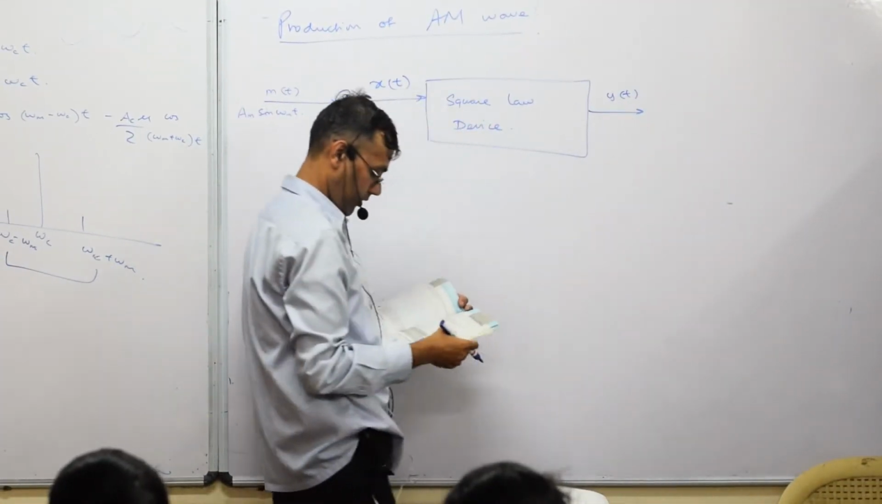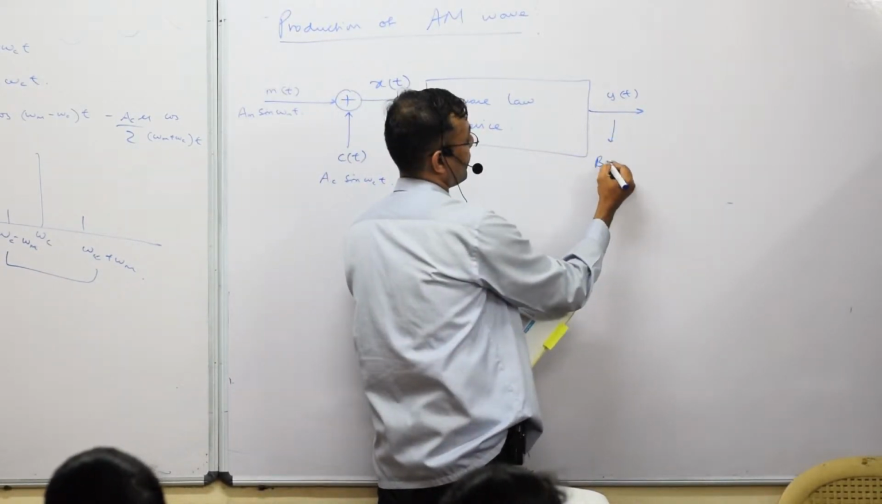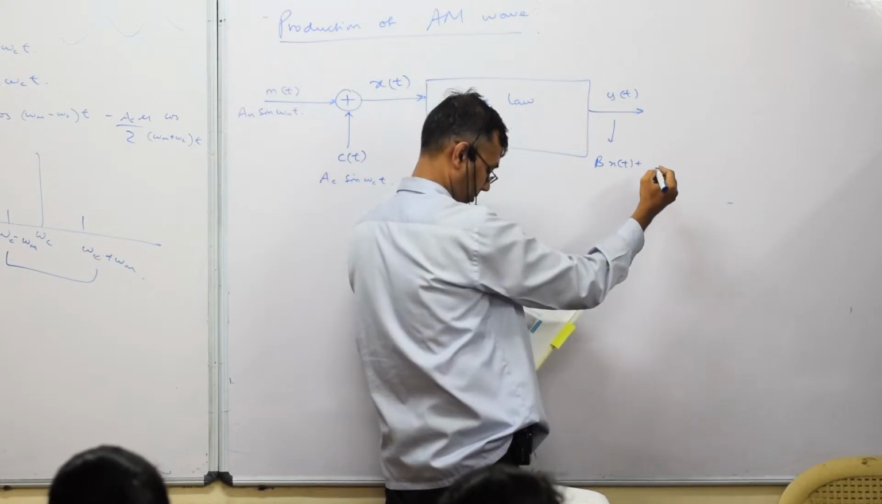This comes out as y of t. Y of t is nothing but v of x of t plus